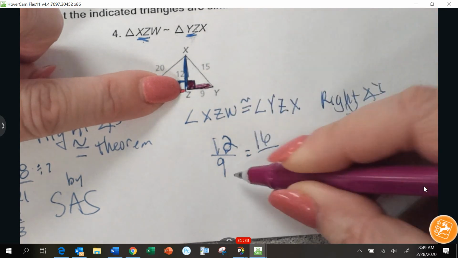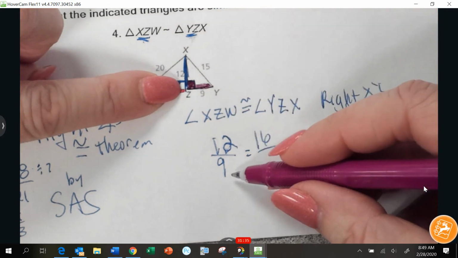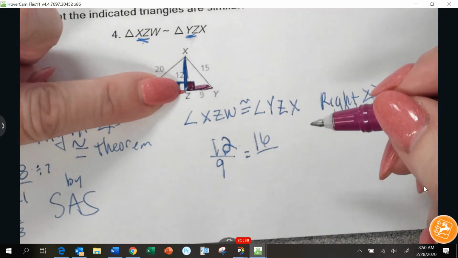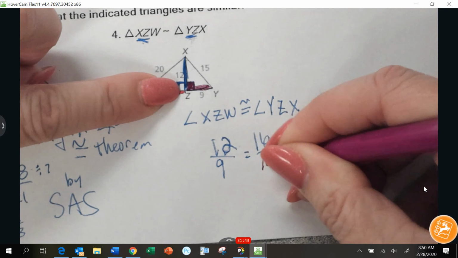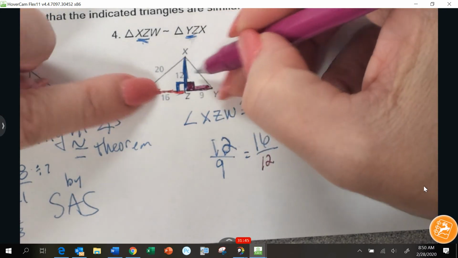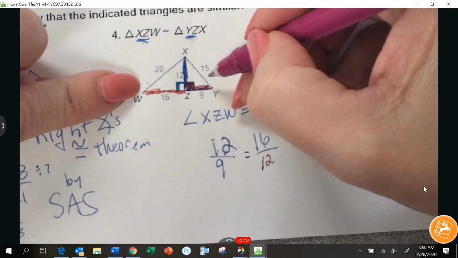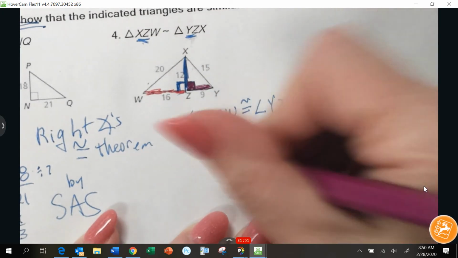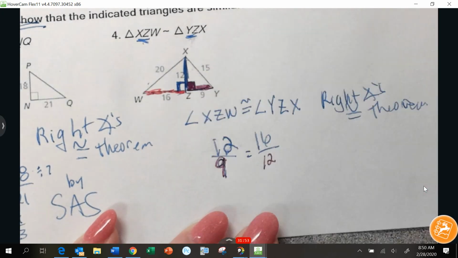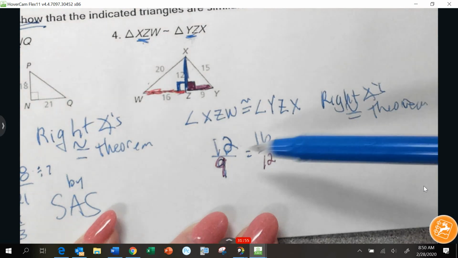I just wrote down 9. It's confusing. I've already written down this number. It is 12. But 12 is in both triangles, like Ryan had mentioned earlier. So let's see if these are equal. So if I divide 12 and 9 by 3,